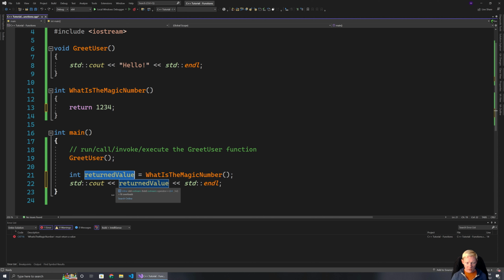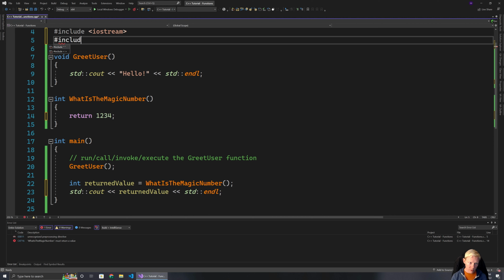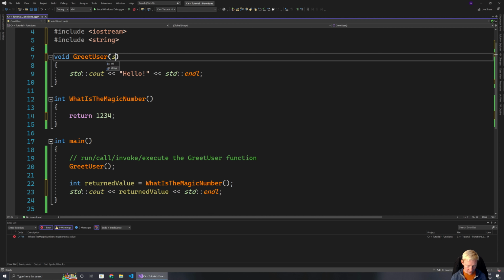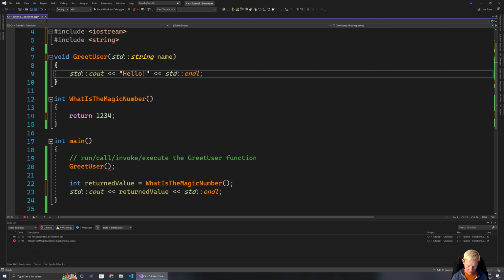So, okay, we can run a function, and we can get a value out of it. What if we wanted to provide information into a function? That's something that we can do. We can give a function something called parameters or arguments. Now I'm going to set one up here, so it can say hello